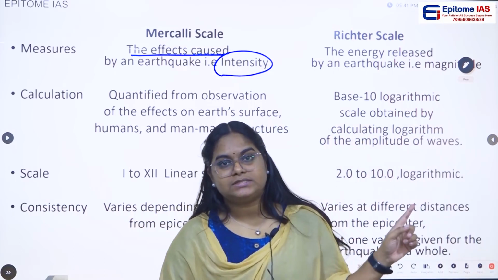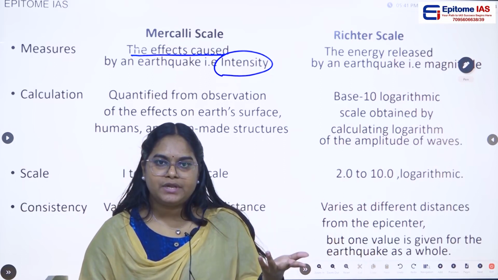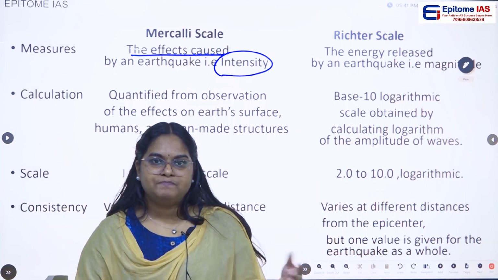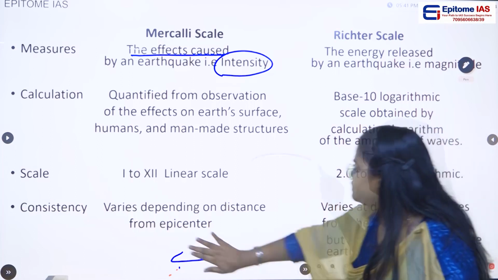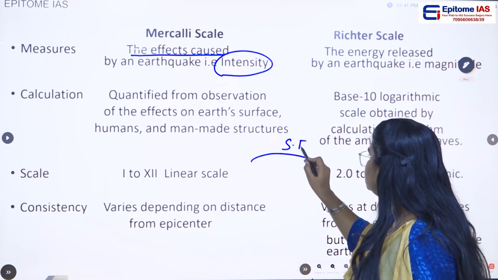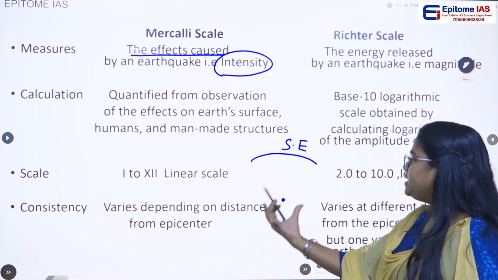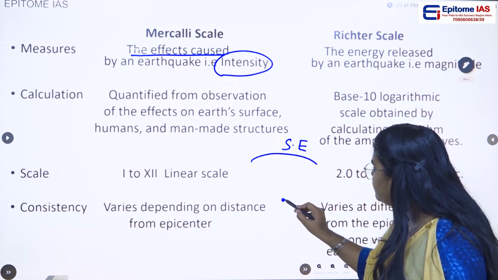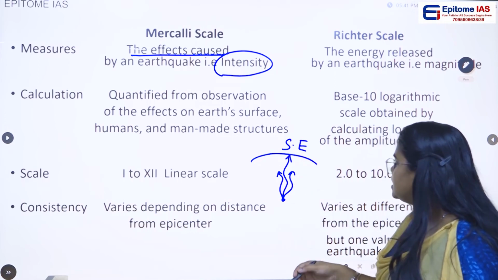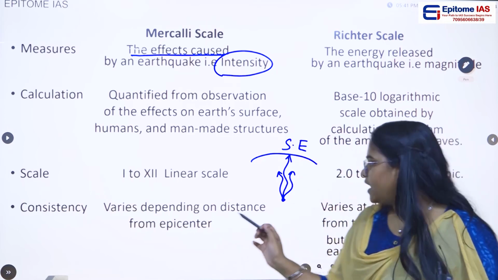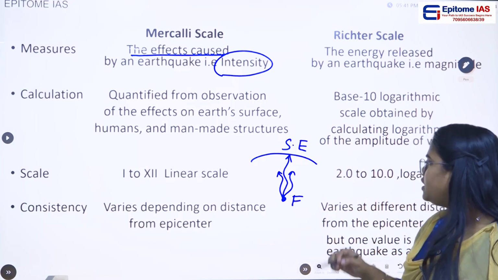But in the case of the Richter scale, they are not going to calculate the intensity of this earthquake. What are they going to calculate? They are going to calculate the magnitude of this particular earthquake. What is this magnitude? Let us say this is the surface of the earth and this is the interior of the earth, and this is a point in the interior. This is the point where the earthquake has started. Because of the rupture of the rock, there is a sudden release of energy, and at this point the earthquake has started, and this point is called the